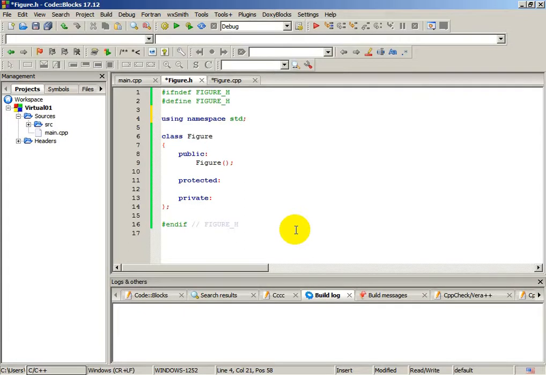Our class will have one public virtual function, and the name of the function will be virtual double area. Okay, I will explain to you what a virtual function can do, and now we will use some inheritance. This will be our base class. We will have also derived classes,